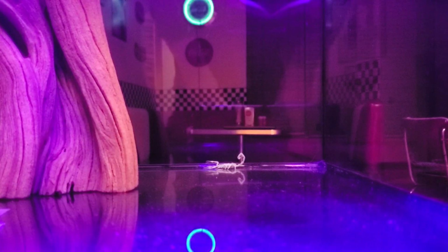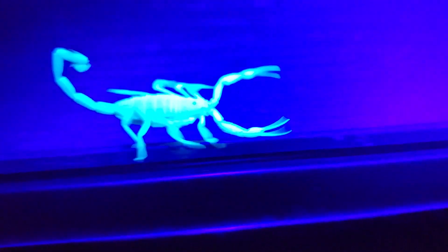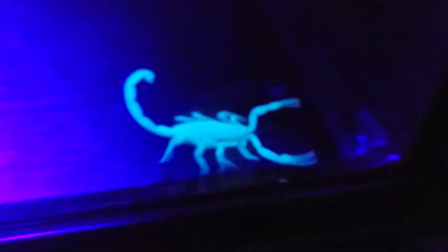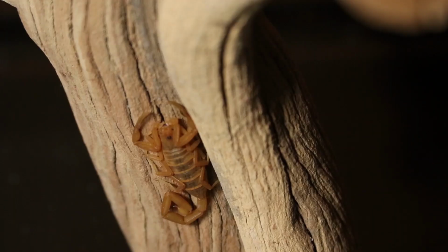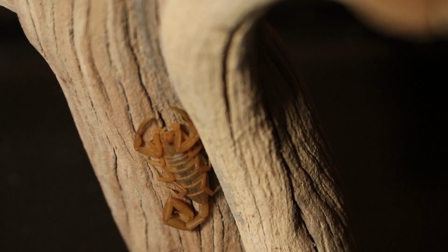Now, why do they get in your house? Well, they're getting in your house looking for food or looking to get out of the sun. So the best way to keep scorpions out of your house is try and seal up anywhere in your house where you have a little tiny crack coming through. They can flatten and squish their bodies down to get into the smallest spaces. If you can fit a credit card through it, pretty much a full-grown adult Arizona bark scorpion can squeeze its